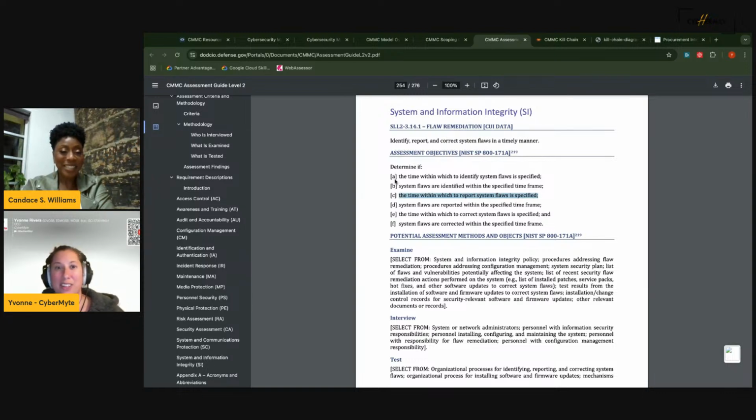And then that's how your SSP gets updated. But you want your SSP to be real. You don't want your SSP to be filled with fake stuff. Please, don't do that. Because what'll happen is, if you get that kind of assessor, they're going to interview people in your